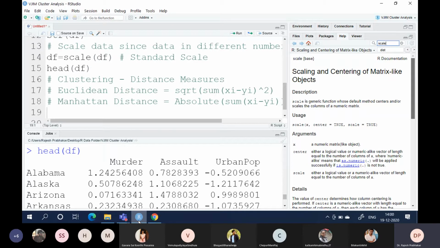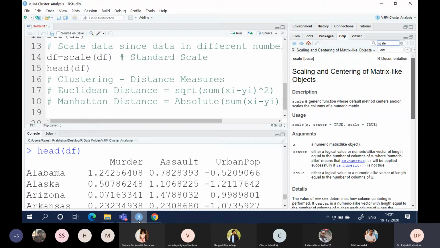Okay, so we need to calculate the distance, and then using the distance we can use k-means clustering. So that is what we are going to use.